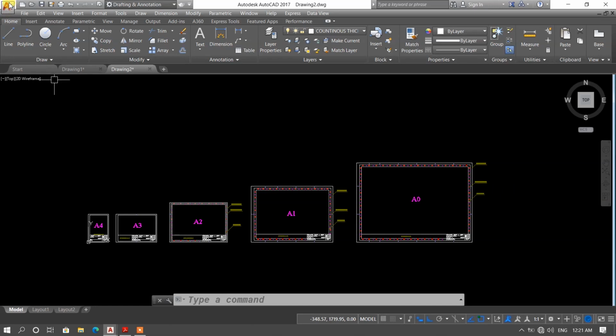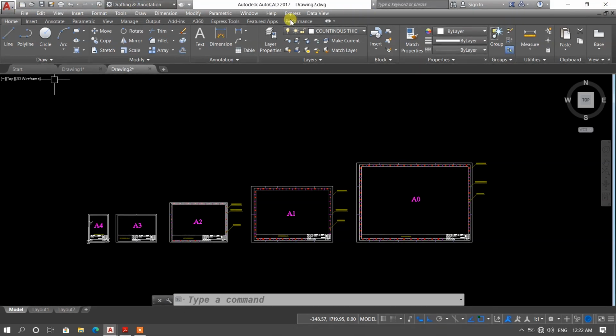Here you can see the application menu. Here you can see the quick access toolbar. Here you can see the customized quick access toolbar. Here you can see software info. Here you can see Autodesk help window. Here you can see Autodesk 360 sign in. Here you can see AutoCAD window control and here AutoCAD specific window control.